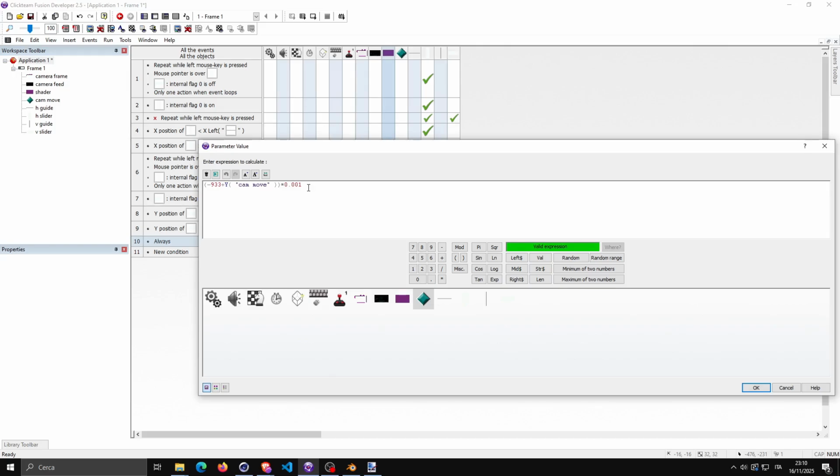Then we're going to surround this with more brackets like this, and we are now going to type one last value right here, minus 0.572,